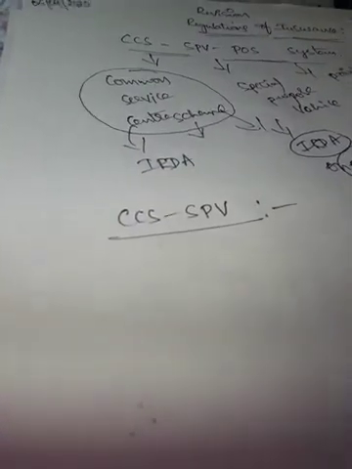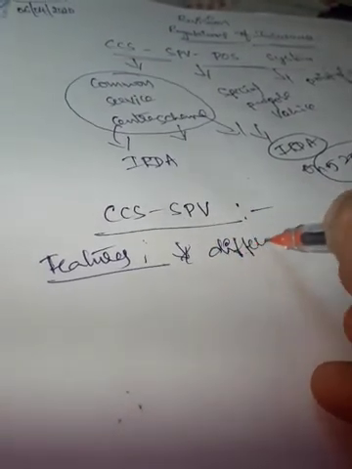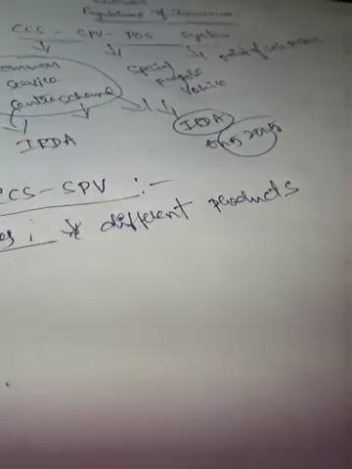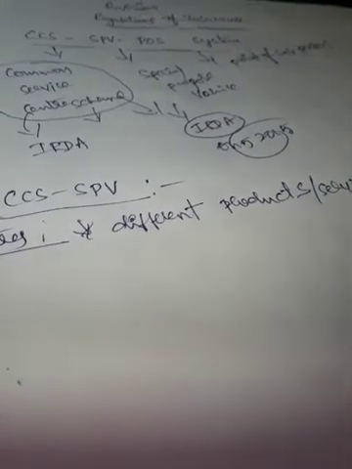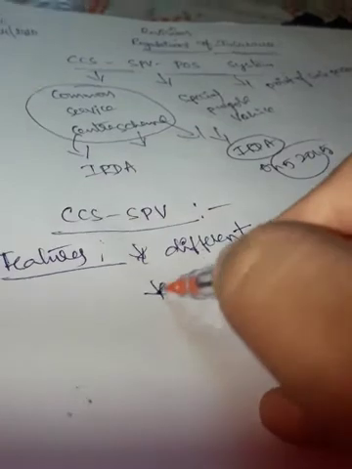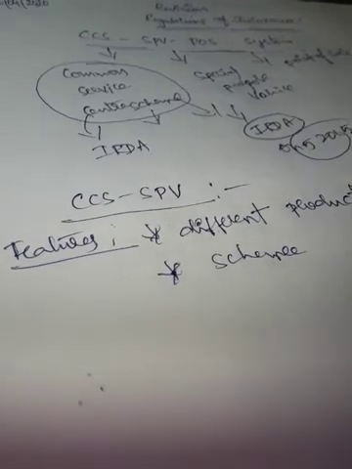What type of features are there in this? Under CCS and SPV, they deal with different types of insurance products and services. Both life and non-life insurance products and services, related to the insurance sector, we can get from the CCS and SPV system. We can also call it one scheme which gives a service to the government, private and social sectors,